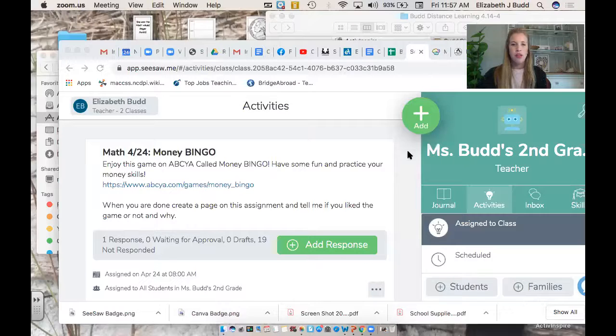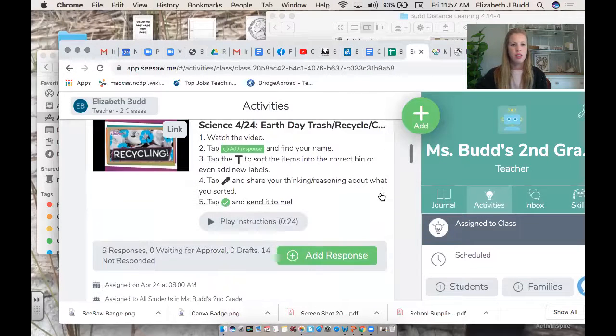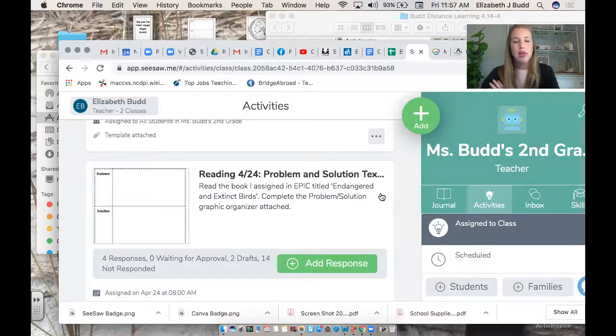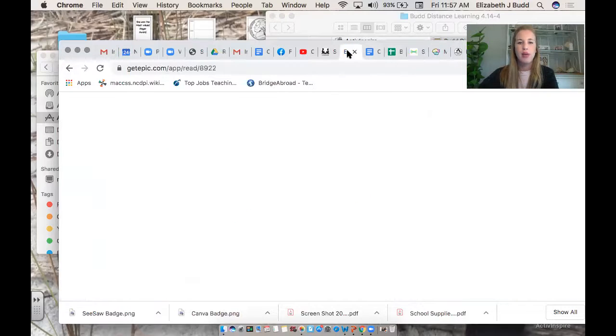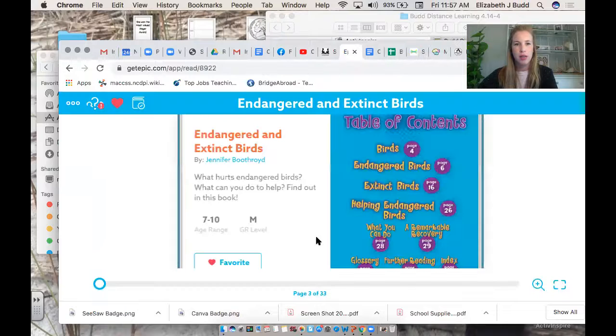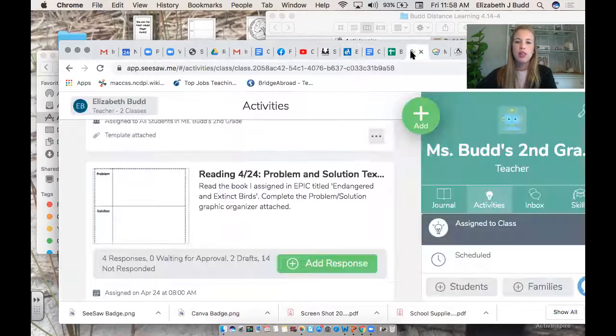Today, for your Seesaw assignment, I'm going to go ahead and share my screen with you and show you what you're doing. All right, so your assignment is called Reading 424, Problem and Solution. You're going to read a book in Epic, and it's called Endangered and Extinct Birds. You're going to read this book, and then when you're done, you're going to fill out this chart. What was the problem or the problems in the book, and what is the solution or the solutions that you saw as you read? Once you're done, you can go ahead and